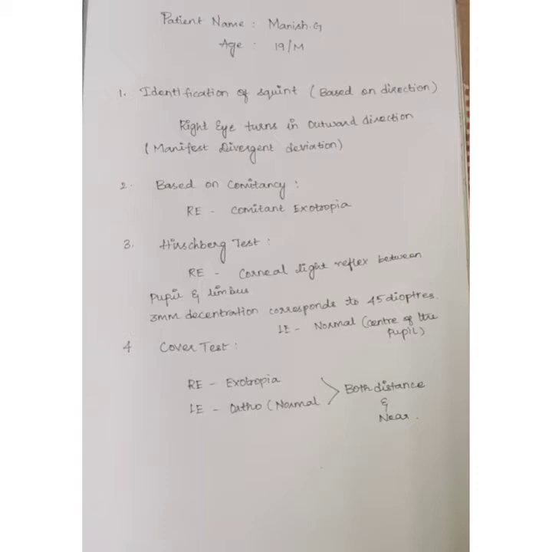In the direct cover test procedure, the normal eye should be covered while observing the movement in the uncovered eye. Now in this case I am covering the normal eye, which is the left eye, and observing the movement in the right eye. The right eye is moving towards the nose when taking up fixation, so he has right eye exotropia. In this strabismic evaluation, I conclude right eye exotropia and left eye normal.